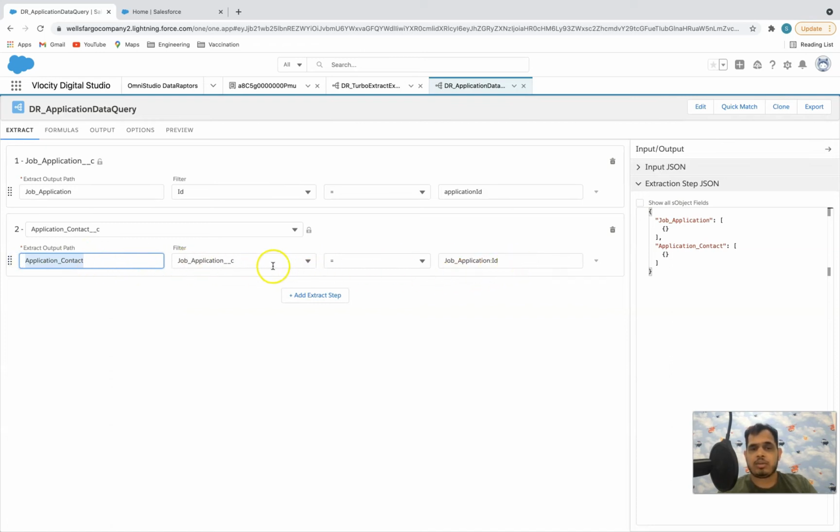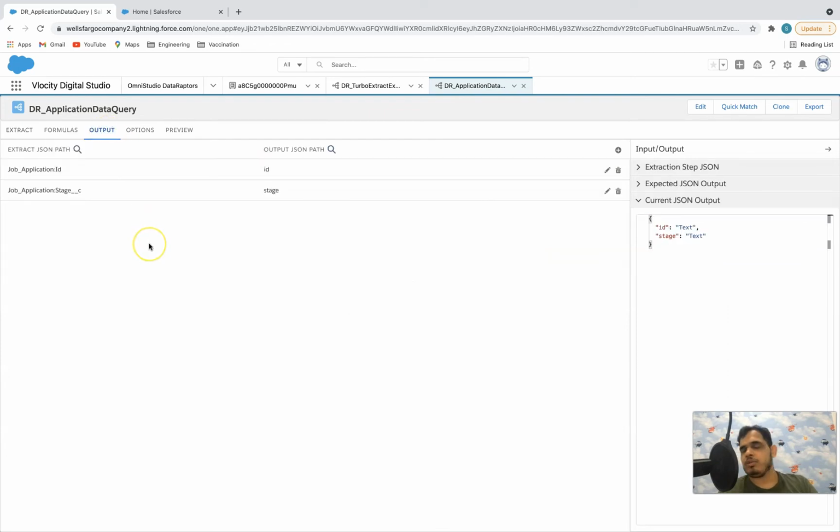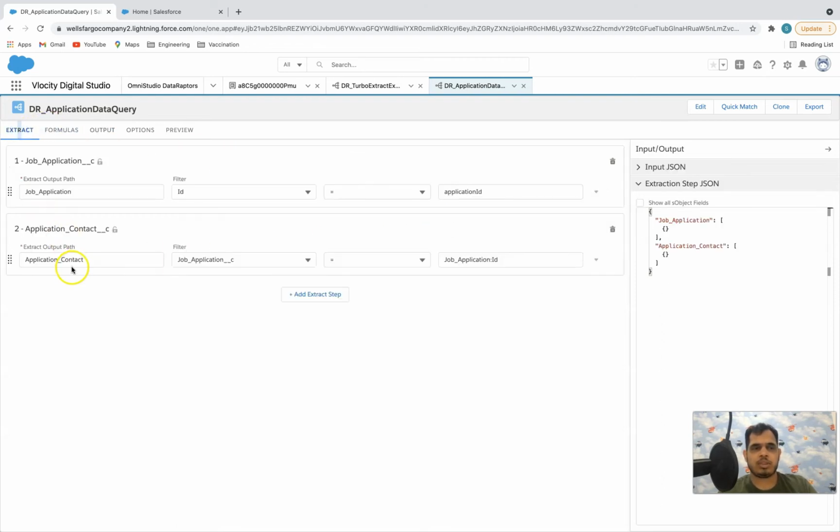Okay, now we queried this application contact, and let's map its fields also in the output JSON. Okay, so which fields do we want from this application contact? So if we see, we do not have any major fields on the application contact because this is a junction object, right? We only have two master details. One is to the job application and another is to the contact.